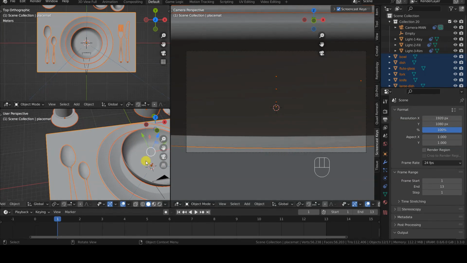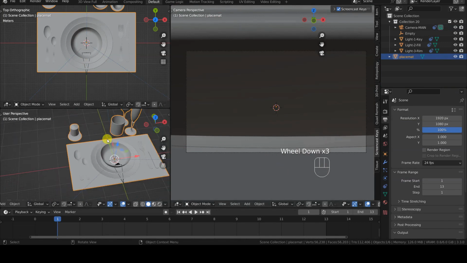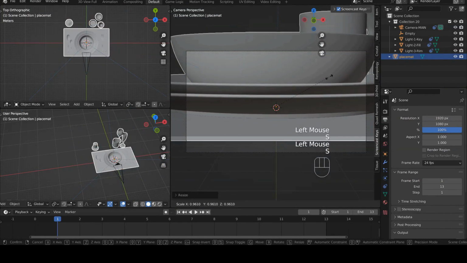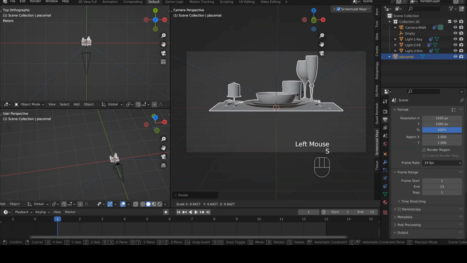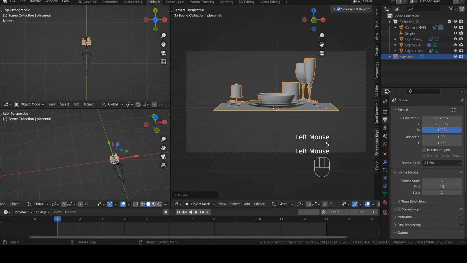I then press Ctrl J to merge all selected elements with the placemat object. The placemat has its origin coinciding with the center of the scene, so I can resize it by simply pressing the S key and moving the mouse, then pressing Enter when the object fits into the frame.